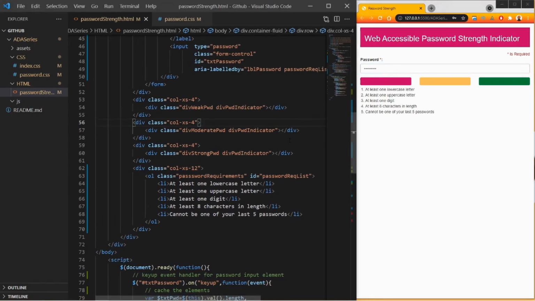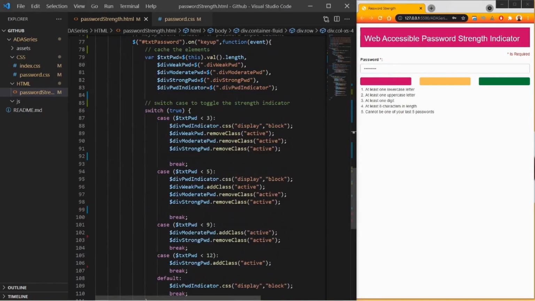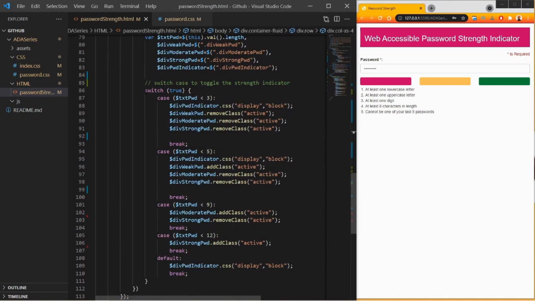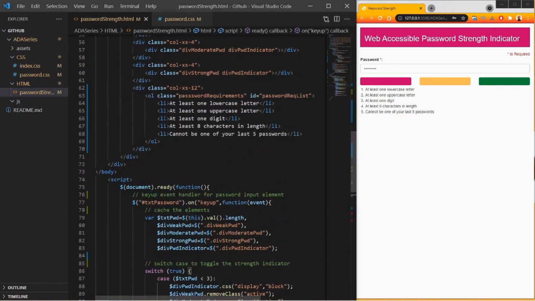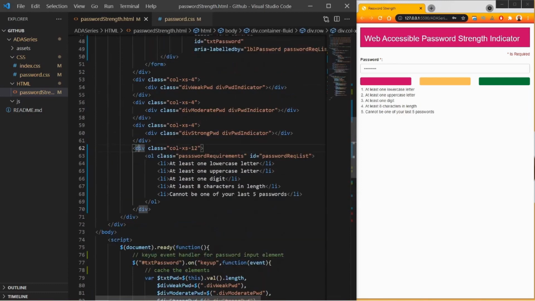And for that, we have to use simple JavaScript. Now let's go to our JavaScript section. We have different cases within this switch, right? I'm using the password length for this video, but in real world scenarios, you have to use the actual regular expressions. So let's go back to our HTML section, and we want to display on top of this list.